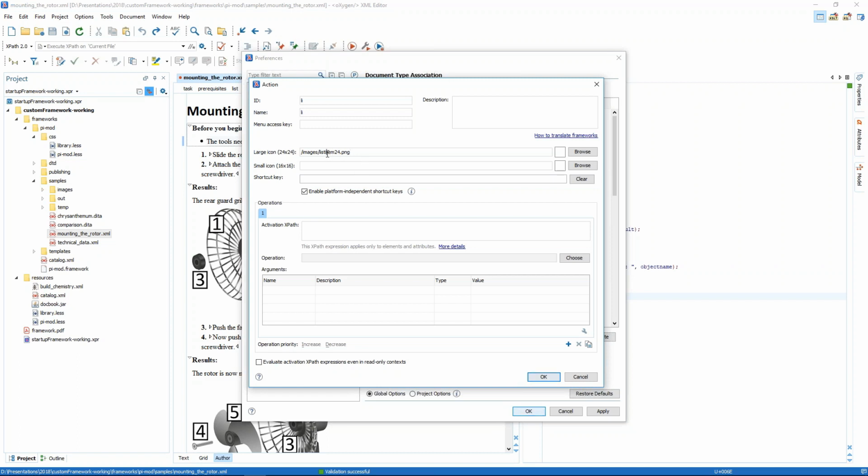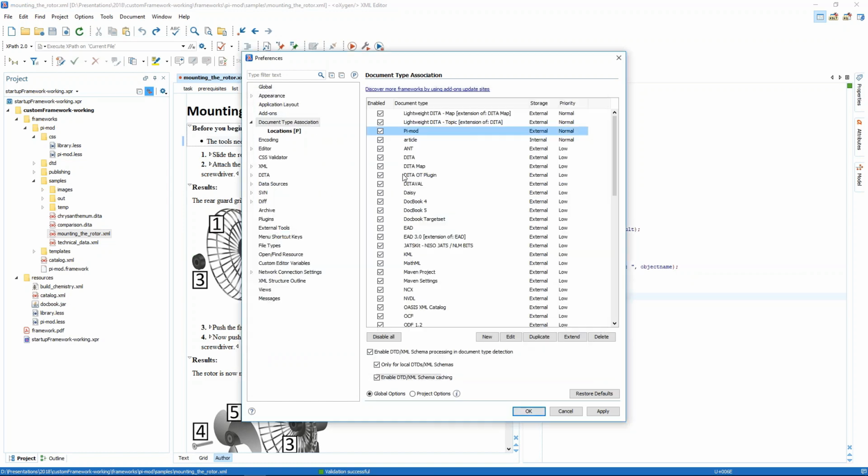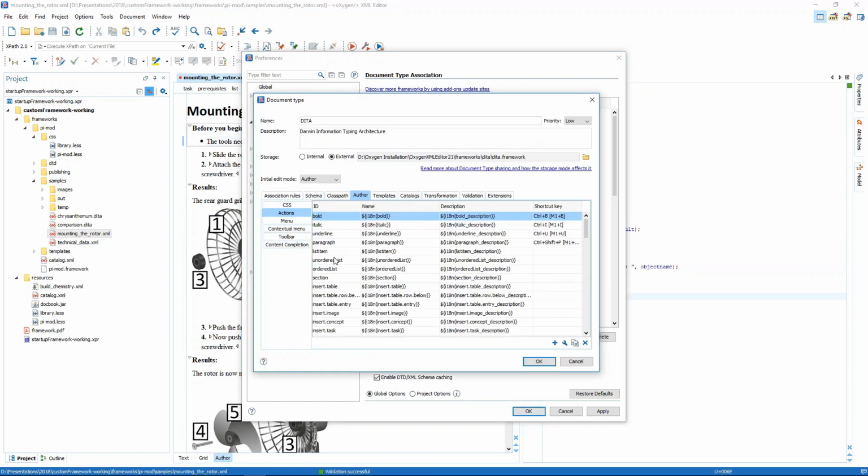If I remember it correctly. Apparently I don't. Maybe there's a dot here. Oh, no, it isn't. Okay, so instead of using an icon, we'll just, well, actually we can have a look at the DITA framework